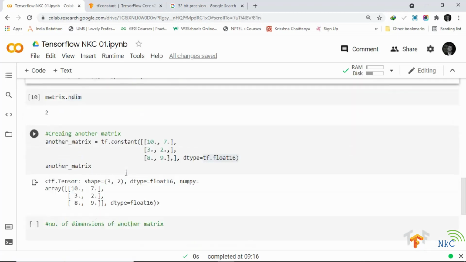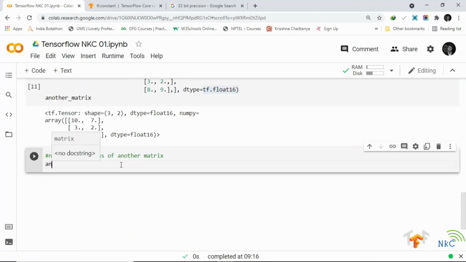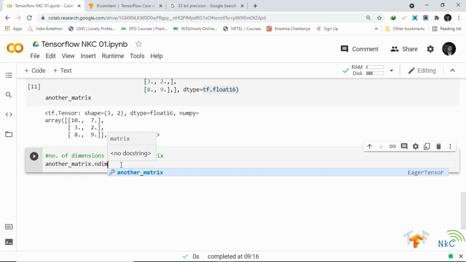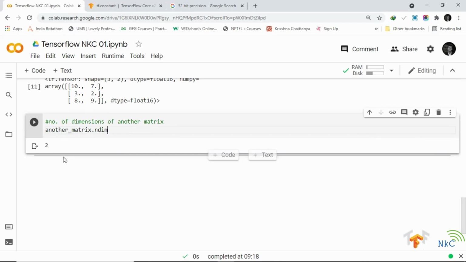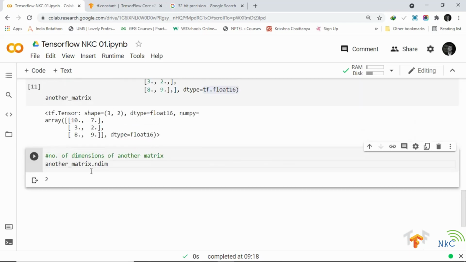Well, let's find out. It's still 2, even though the shape here is different. The total number of dimensions is how many elements are in the shape. Okay, I have got that down.